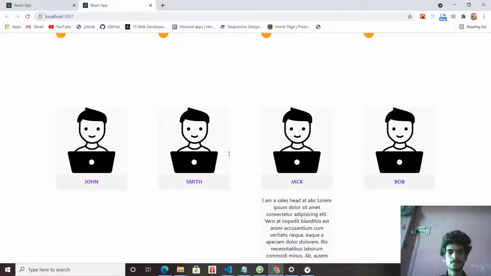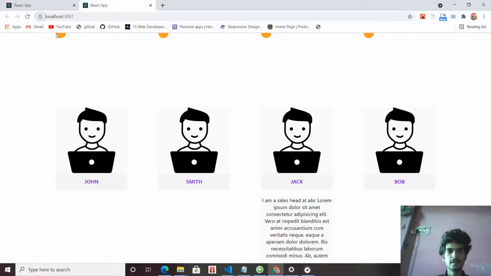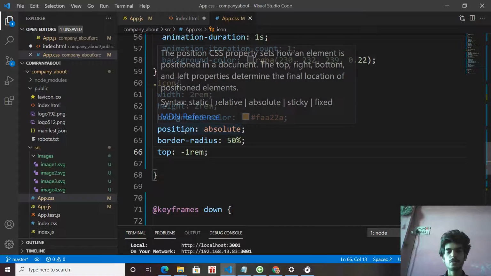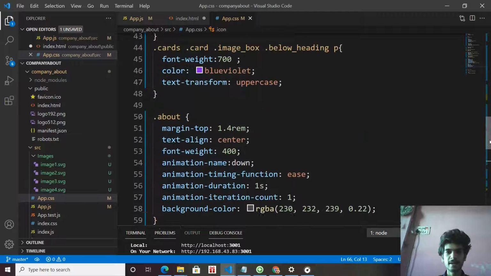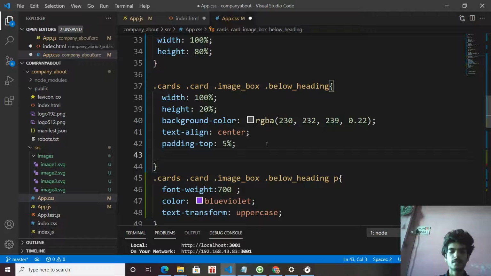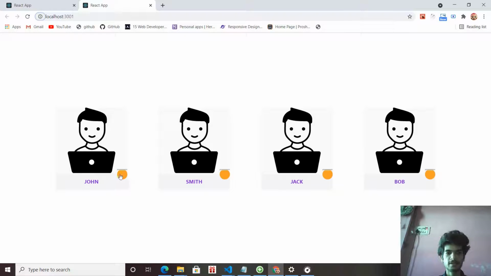When you save this, see, it is gone to the top because we are making the positioning absolute to its parent container. And what is the parent container? The parent container is below heading. Below heading has the icon. So add position relative here. When you save this, it is at the right position, and half the height of this icon is above its container.